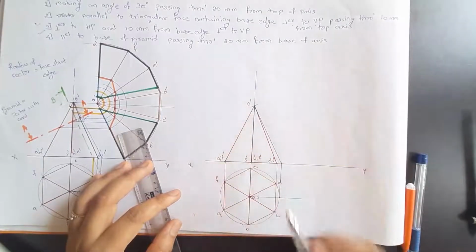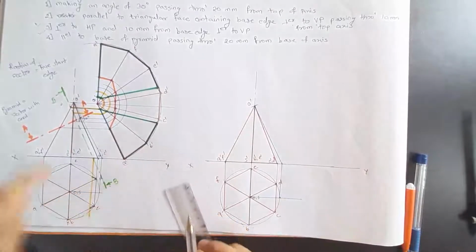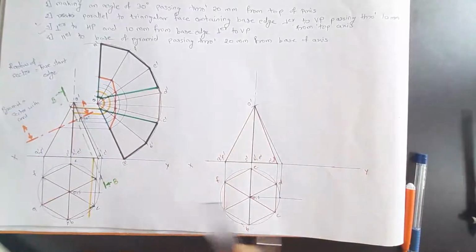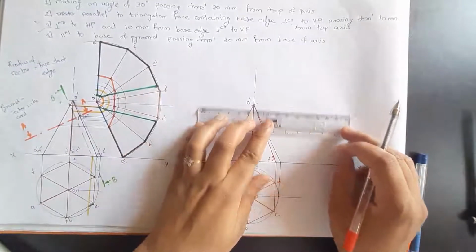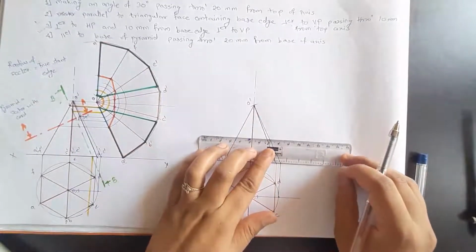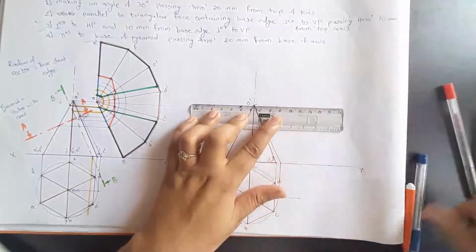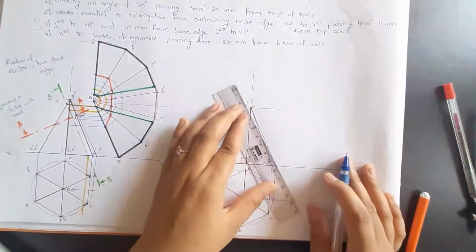Now this blue colored line is your true slant edge, so you don't have to do the thing which you have done here to get the slant height. So directly you have already the slant height known over here. So now draw the line parallel to your XY passing through this O, so as to mark the parallel slant height, after 2 to 3 mm.